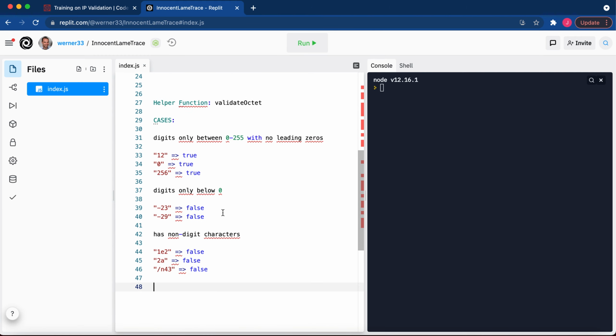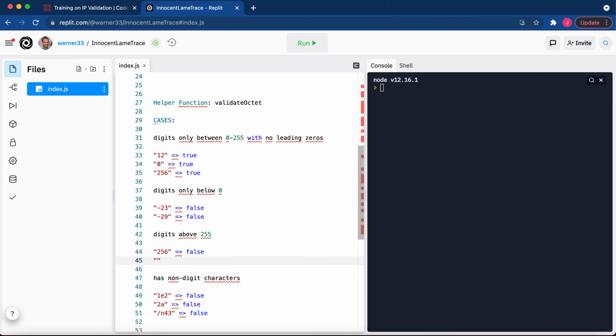Digits, oh, I'm going to just move this one here so it's kind of together, but of course we need digits above 255. So 256 is false, and some 3000 number would also be false. Okay, then we need